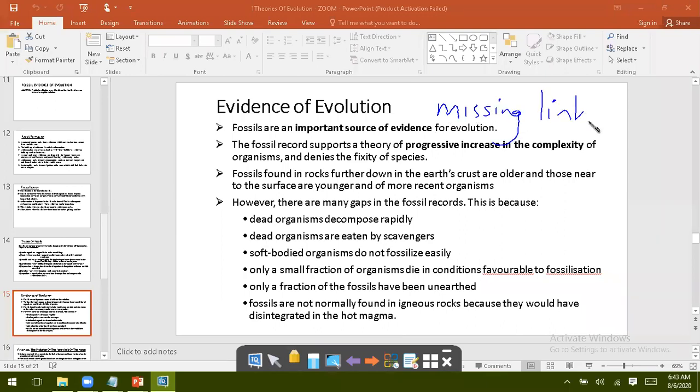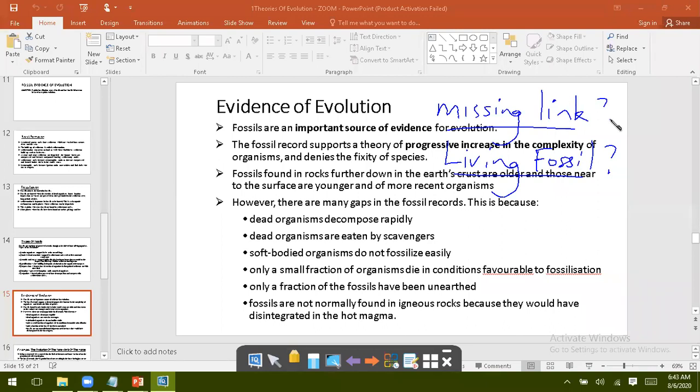All right, what is a missing link? And living fossil. A fossil we know are remains or impressions of organisms that lived long ago and are not existing anymore. But what could be a living fossil? So missing link, living fossil,